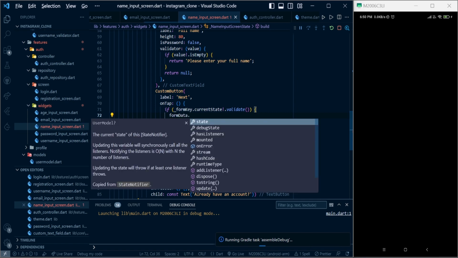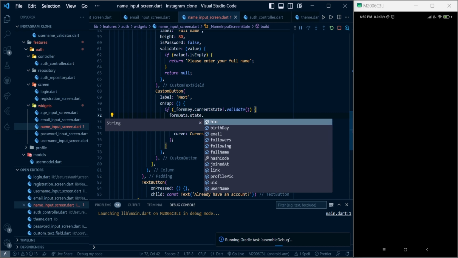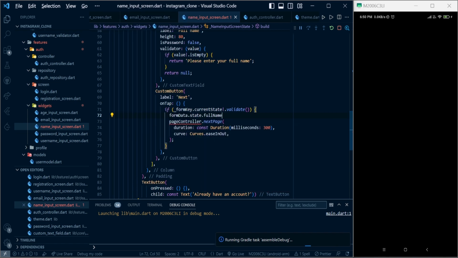We can write formData.state. and here we can write fullName, right? And we can initialize this with our name controller.text.trim to remove the extra spaces,